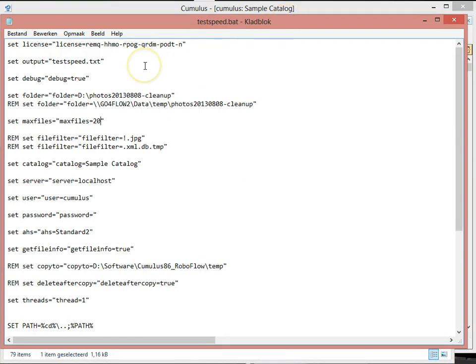The application is license protected. That means that the first time you run it, it will say that it's a demo version, and it will ask you to mail me the result file. By default you will get it like this, and then it will run in demo mode, so you can test with 5 files, and you can send me the result file, and I can give you a full license. The full license is just a license number here that you need to copy paste to this place, and then